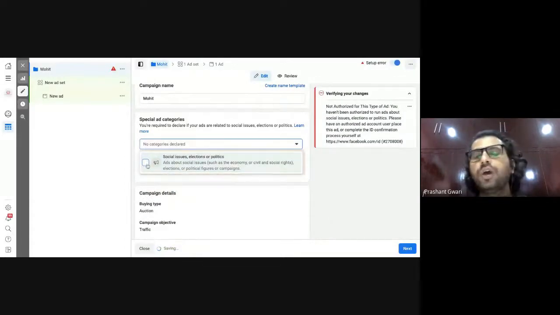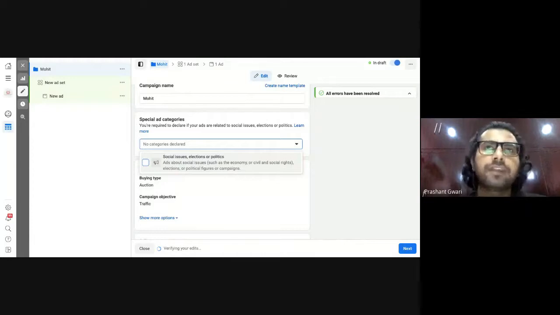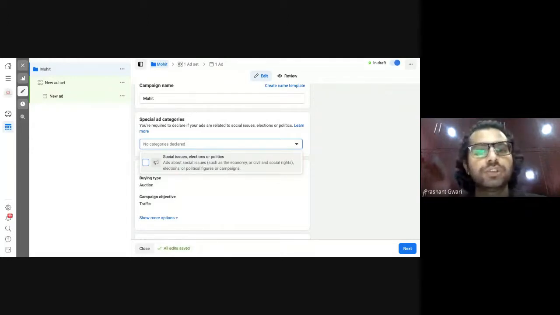Why do you need to tell Facebook and Instagram that your advertisement is related to social issues like politics, jobs, housing, or loans? Because Facebook doesn't want you to discriminate on the basis of religion, age, gender, or location.